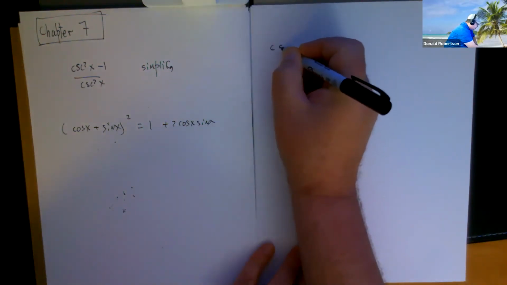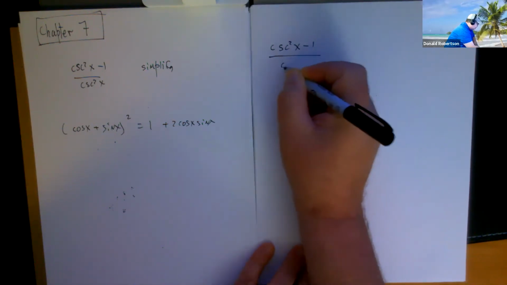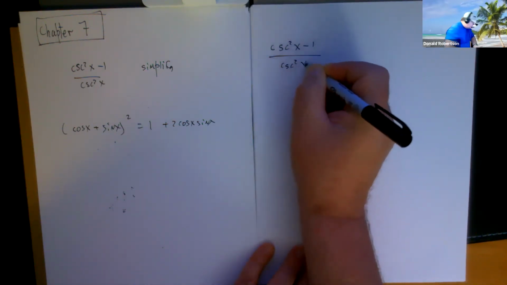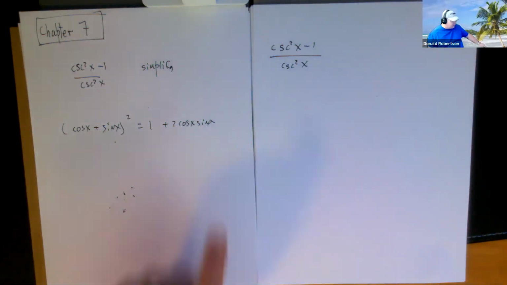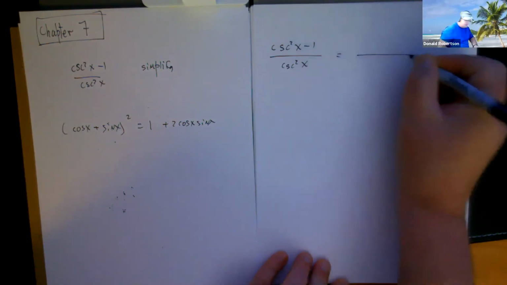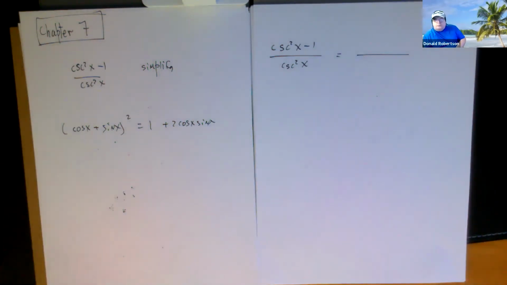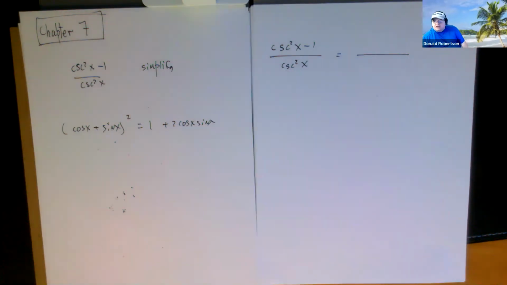Let's look at the first one. When you've got a simplification question, life's a lot more difficult because you really don't know what your answer is. You're just trying to make whatever you've got a little bit simpler. Now, there are strategies for how to do this. One of the most common strategies for simplifying a trig expression is